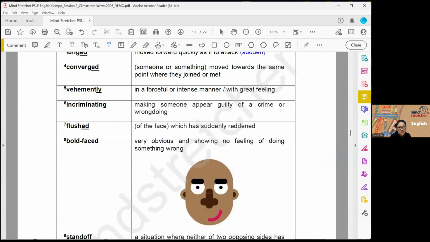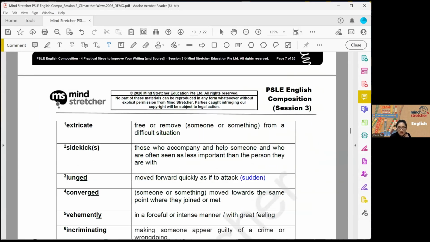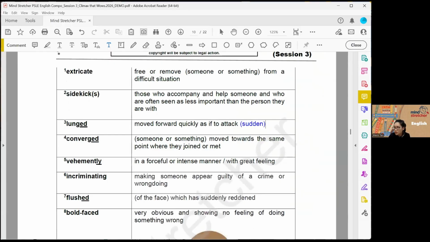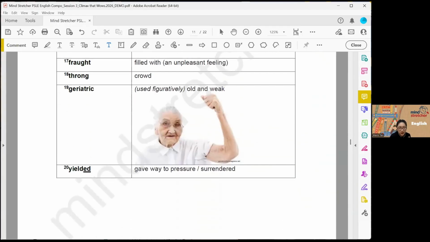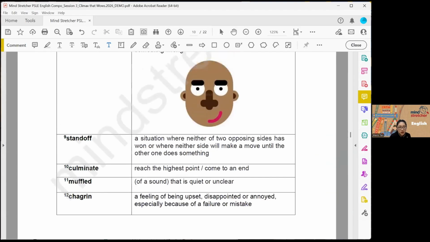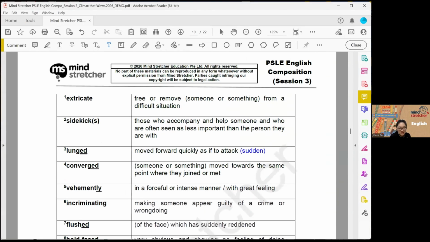Later on, you're going to see these words. I'm going to just go through them, and if there's anything you still don't understand, I can explain it to you, or you can take a look at how they are being used, okay? Earlier on, some words like extricate is to move or remove or to free someone or something from a difficult situation. We'll see how it's used later. A sidekick, for example in stories about bullies, usually there'll be this bully and then he will have his sidekicks. Or a superhero could also have sidekicks. Basically, the secondary heroes.